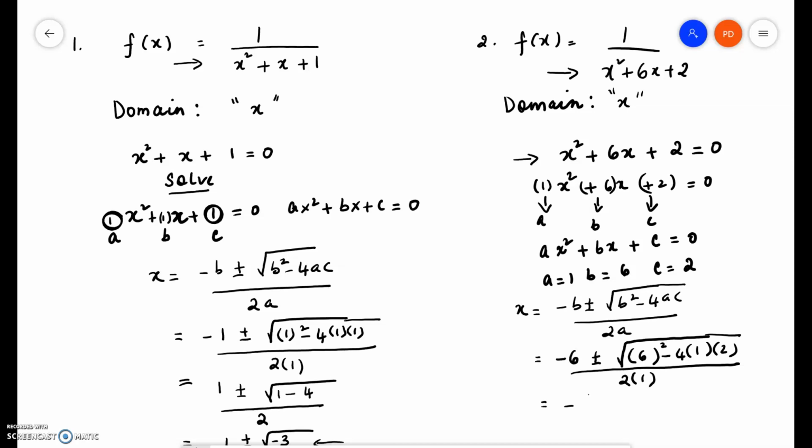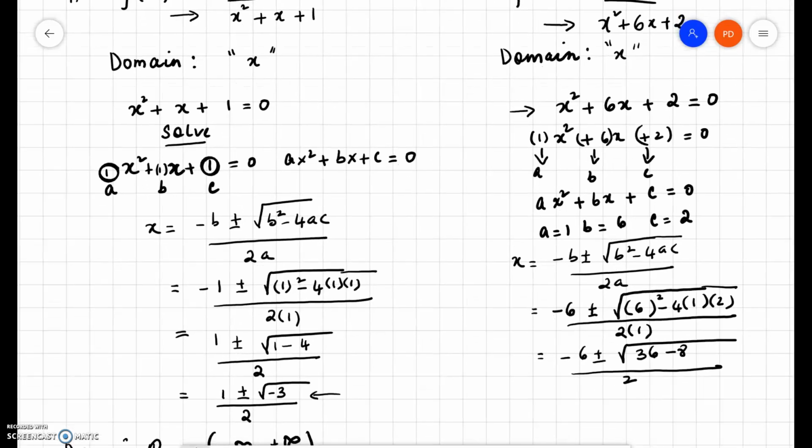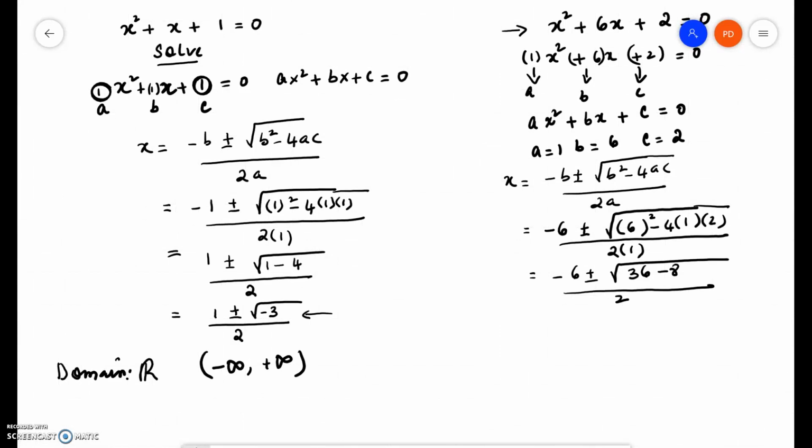So this is equal to minus 6 plus or minus the square root of 36 minus 4 times 2, 8, divided by 2, and that's equal to minus 6 plus or minus the square root of 28 divided by 2. This is equal to minus 6 plus or minus, we want to see if there are any squares hiding inside of 28, so we factor it. 7 times 4